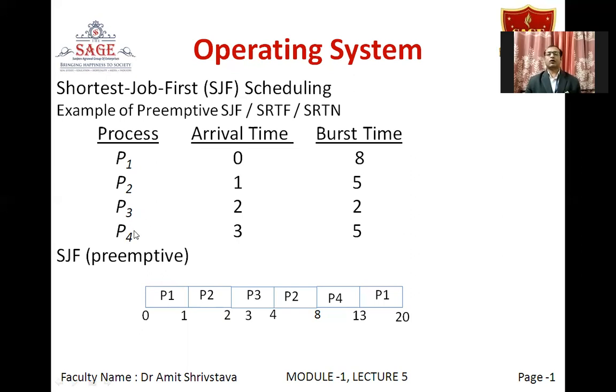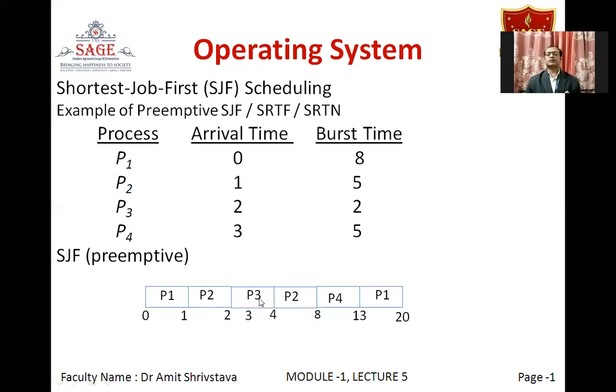Okay. Now, after 3 unit time interval, P4 has also arrived. So now let us see what are the remaining times of P1, P2, P3. So P1 remaining time is 7, P2 remaining time is 4, and P3 remaining time is 1. And the new process P4, which has arrived, has got the CPU burst time of 5. So the smallest CPU burst is that of P3 only. So we will continue P3. Okay. So P3 will be continuing till 4 unit time interval, and now P3 has completed its CPU burst.